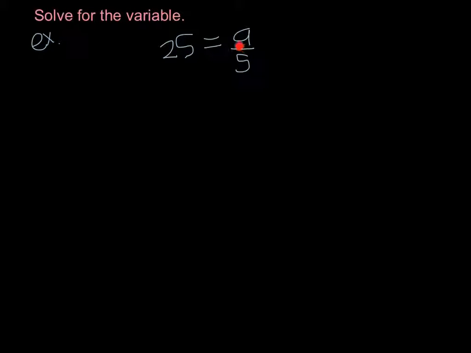So in order to have a by itself, I need to multiply both sides of this equation by my denominator, which is 5. If I multiply a over 5 by 5, these cancel each other out and I'm left with just a. But I have to repeat the action on this side. 5 times 25, I think of 5 quarters, and that gives me